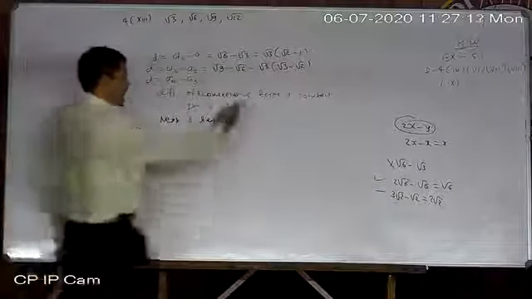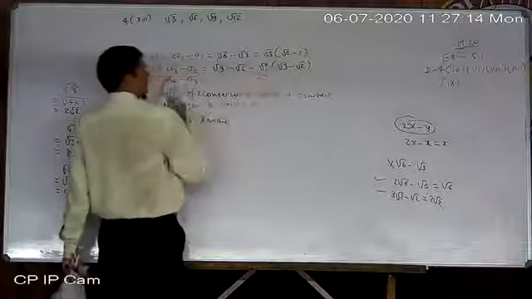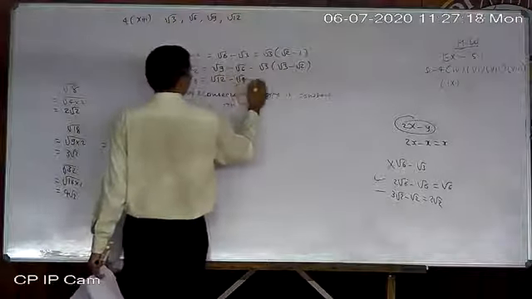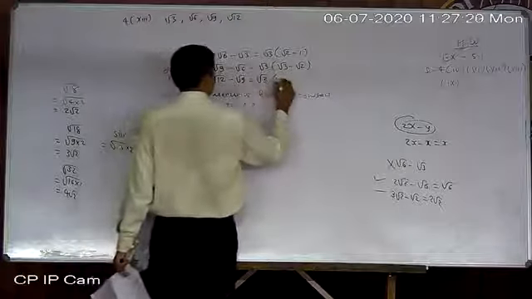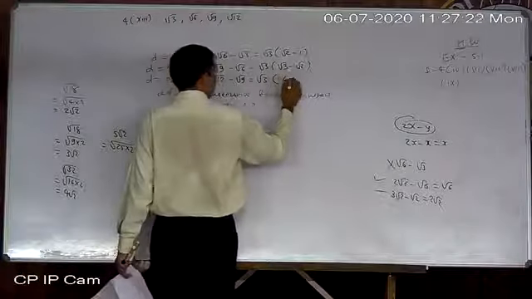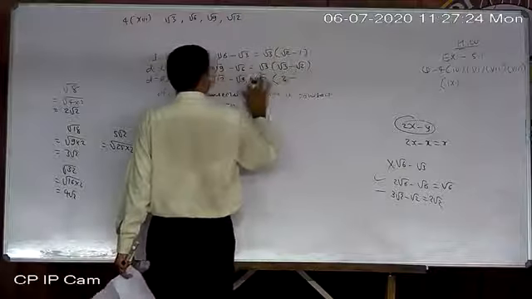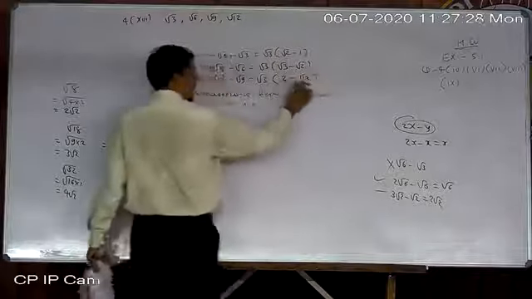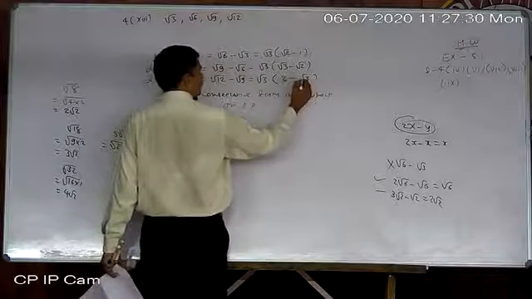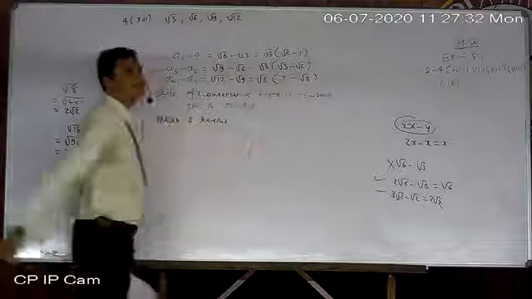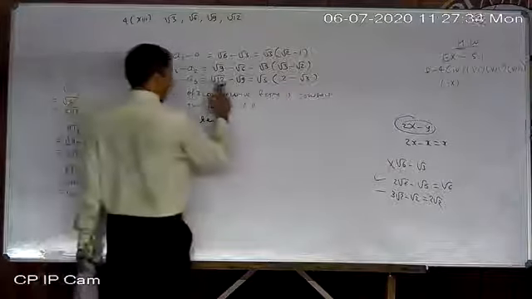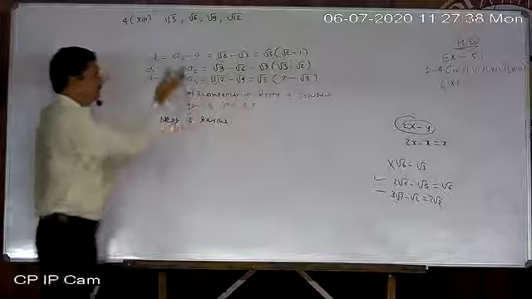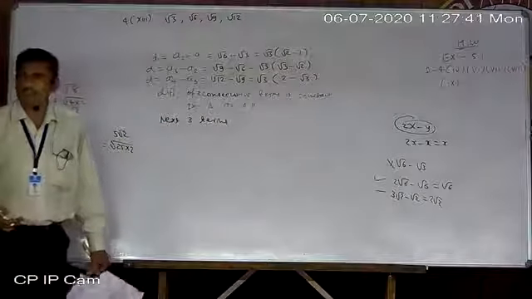Why? You can understand very easily. Now root 12 minus root 9. If root 3 is common again, then root 4. Root 4 means 2 only. Minus root 3 is taken common, root 3 only. Root 4 minus root 3. Three 4s are 12. But instead of writing root 4, I write 2. But obviously, the brackets are different.